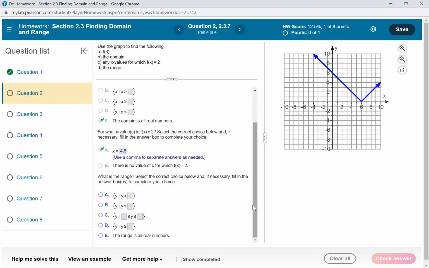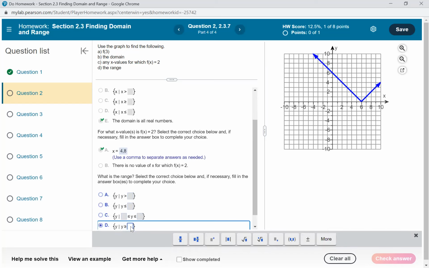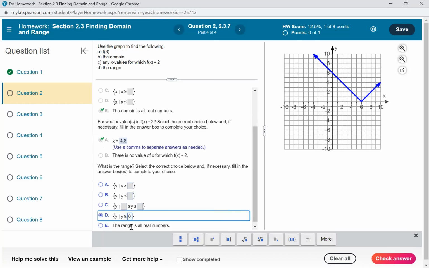So it looks like any value that is greater than or equal to 0 makes my range true. So y'all, you would come over here, since it's greater than or equal to 0, you would have to pick D. Because remember, it can equal 0 or be greater than 0. So the range always uses the greater than or equal or the less than or equal, okay? All right, so 0 was the minimum range value. So then you would check that